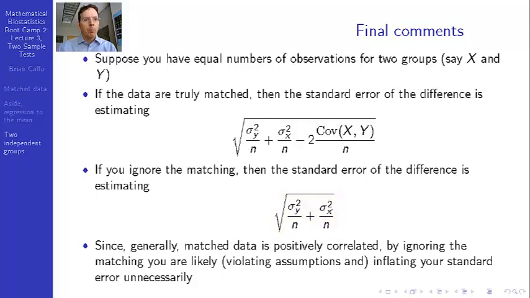My point is, in many cases, by ignoring this correlation, you're unnecessarily inflating your standard error, right? If this covariance is positive, then with this minus 2 covariance over n, you're throwing out a positive term, and this is the idea that,